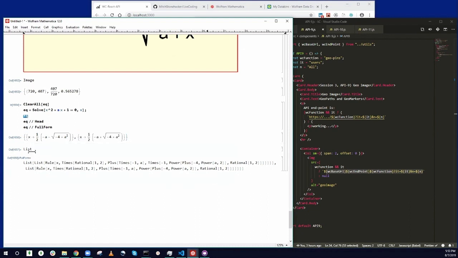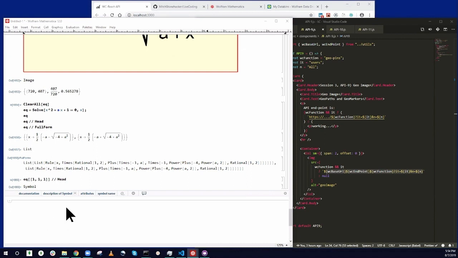In this case, EQ returns a list, and we have to drill down some in order to get into the body of the list. So we have to go the first level, the second level, the third level, and we would expect to get that X out of there. Sure enough, if we do head on that, that's a symbol. Without going too far into all of this and having the API blow up because it's trying to process a symbol and doesn't know how to,